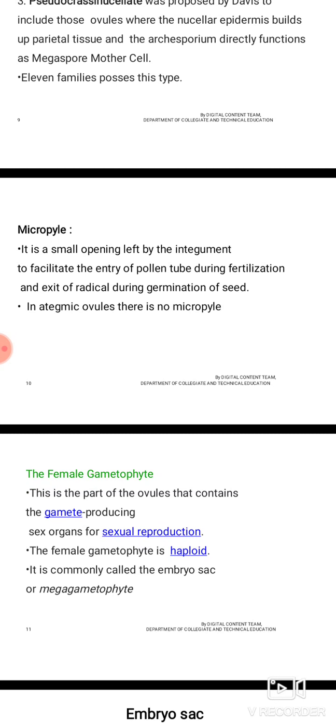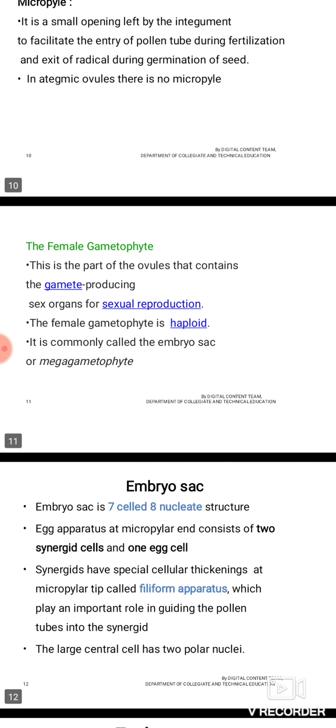Female gametophyte. The female gametophyte is the part of the ovule that contains the gamete producing sex organs for sexual reproduction. The female gametophyte is haploid. It is commonly called as embryo sac or megagametophyte. An embryo sac is a 7-celled, 8-nucleate structure